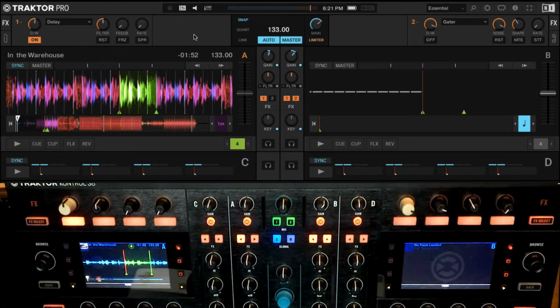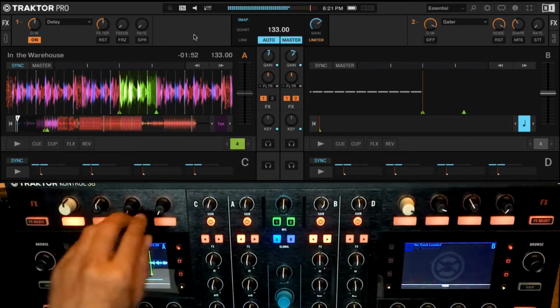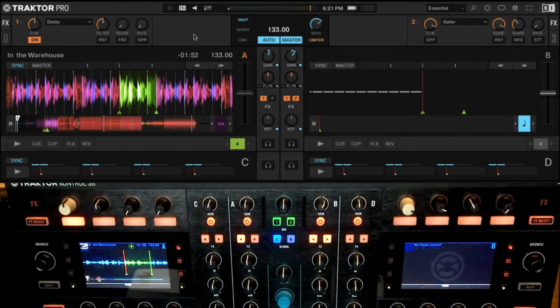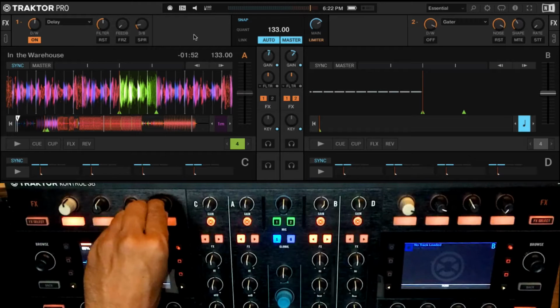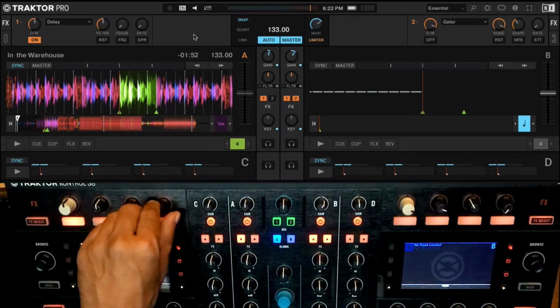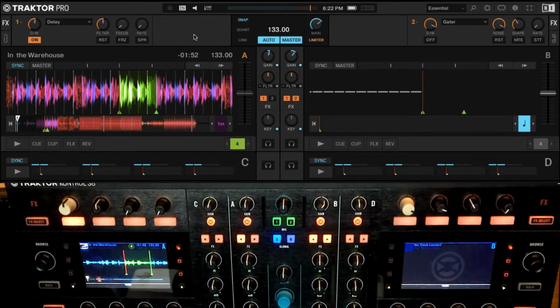So now if I hit this Q button, in fact, without the effect first, I just have this one beat. Let's see what happens when the delay is enabled. There we go. We got a repeat of that sound once again. Okay. So we're getting a repeat after nearly 4 beats. 1, 2, 3, 4, and repeat.